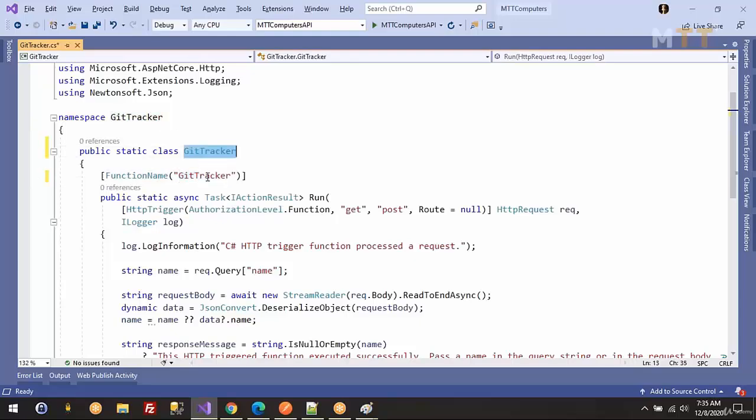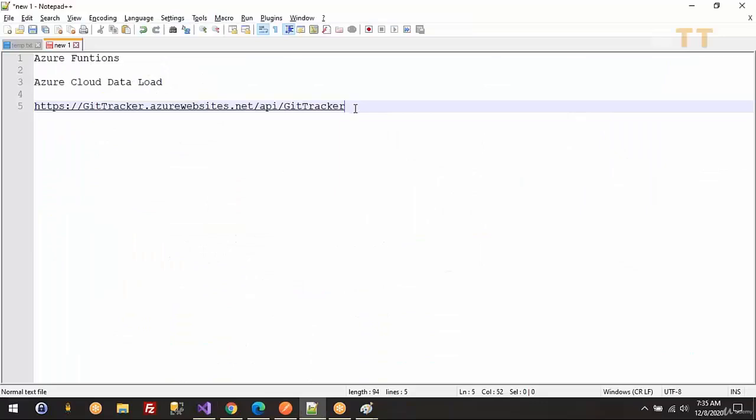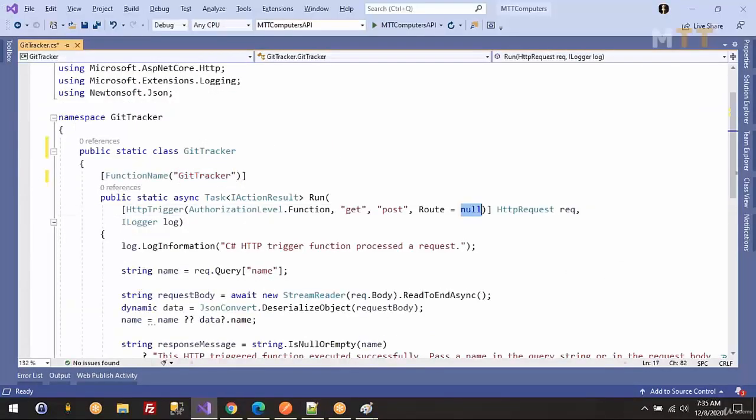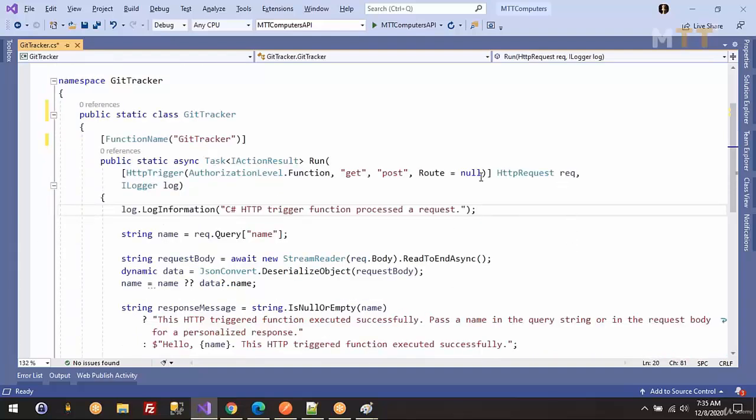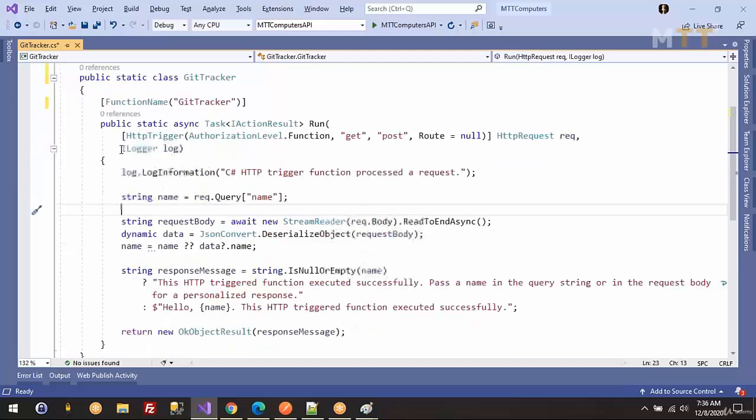For us the name of the function and name of the class are similar, but we can have different names also. So this is your default URL. If you want to give some different routing, same as MVC or web API, you can mention the route here. I don't want to change that right now. And this is the HTTP request. If the end user is invoking this on post method, whatever data they pass comes into the HTTP request, the query string or the body. Then ILogger, the standard C# namespace which we use to track logs for